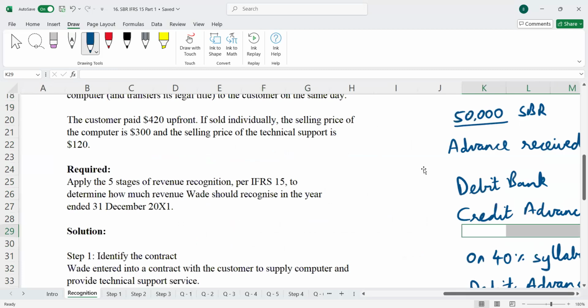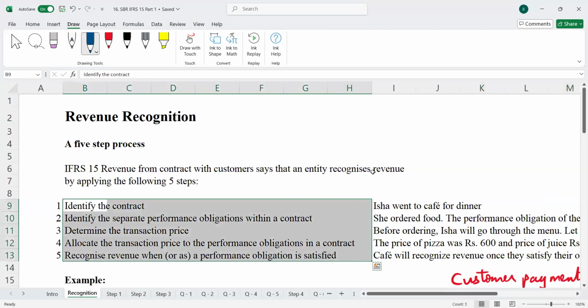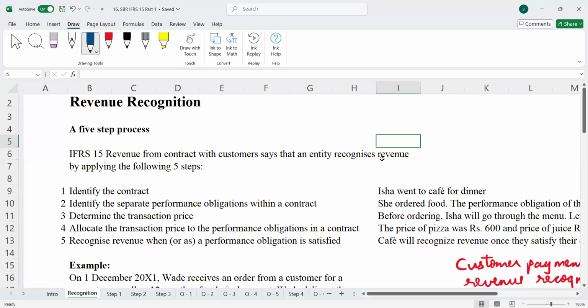So tell me if you have any issue in this, the 5 steps. You cannot change the sequence, so the sequence remains the same. Okay. Now, example,